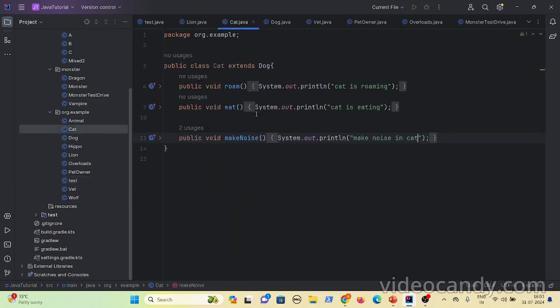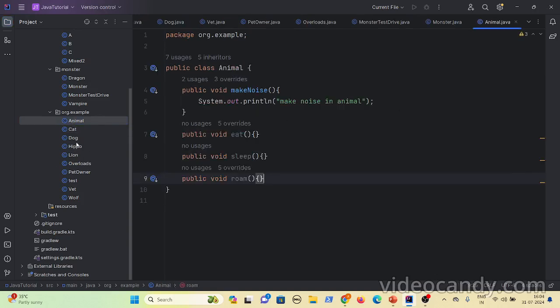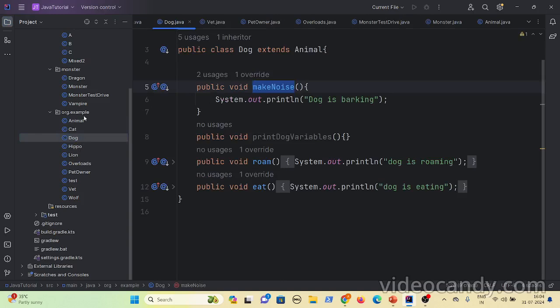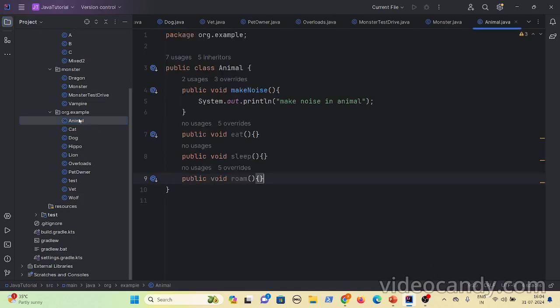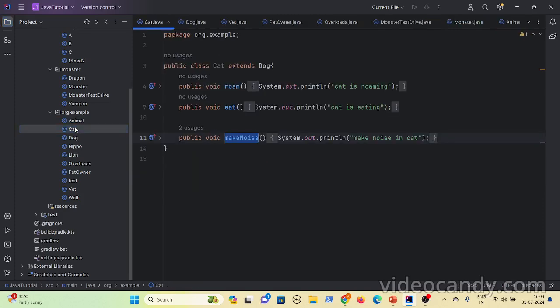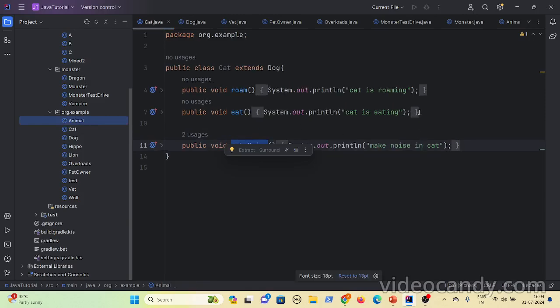Let's say make noise: you have your own implementation in the cat and your own implementation in the dog. There is a method in the superclass, and if you want to override it, you override the behavior in each and every subclass. You copy the public void make noise method and write your own implementation, and these behaviors are present in the subclasses.